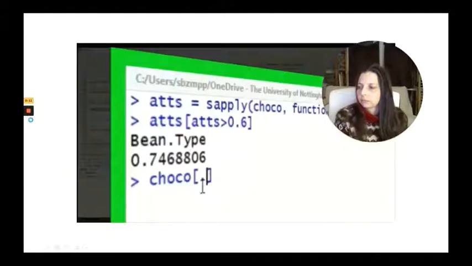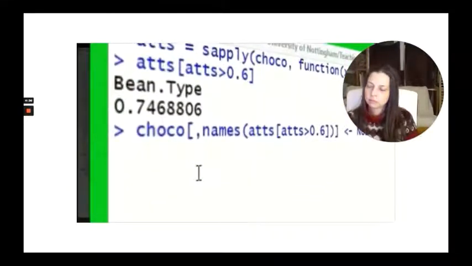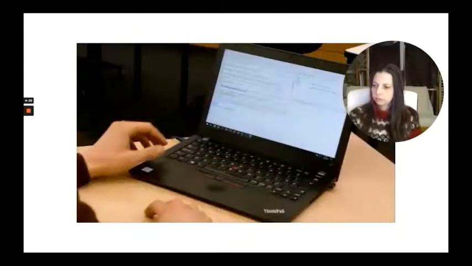So we can now delete bean type ourselves. So we could say something like choco, all the rows for bean type is null. And by setting that to null, that's just going to delete that column. We could also do it automatically. So we could actually pass in those attributes that we just calculated as a parameter. So that would be this line here. So it would be something like Choco, all rows, that's here, the names of any attributes where the percentage missing is greater than 0.6. And that's going to just delete bean type. There's not a lot we can do about bean type. We've only got 25%-ish of the data. It's not enough to start guessing what bean types are going to be in other chocolate bars.